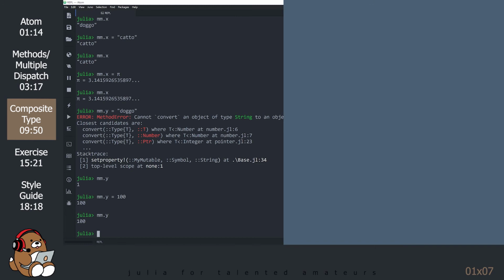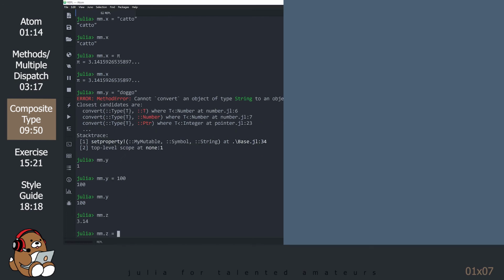That worked because 100 is an integer. The reason why you could change the named field x from a string to an irrational number is because you did not make any assertions regarding named field x. So Julia is using the type Any for named field x.